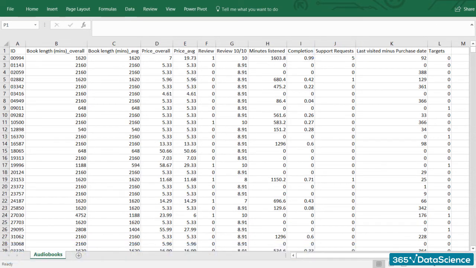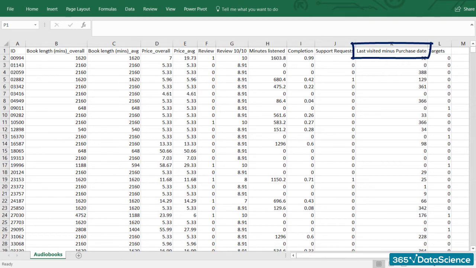Once more, this is a measure of engagement. It may turn out that the more support a person needed, the more he or she got fed up with the platform and abandoned it. Or he or she likes it so much that by using it, stumbles upon different issues, unlike someone who never opens the app. Finally, we have a variable measuring the difference between the last time a person interacted with the